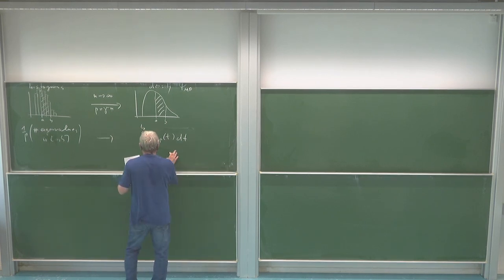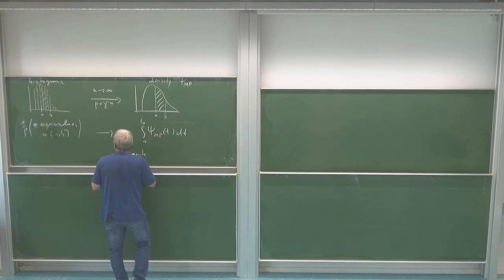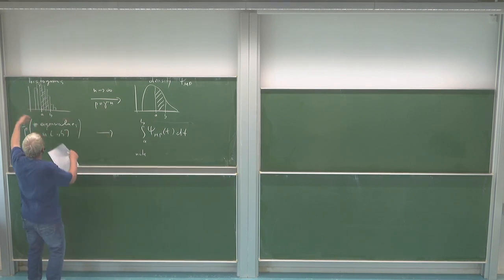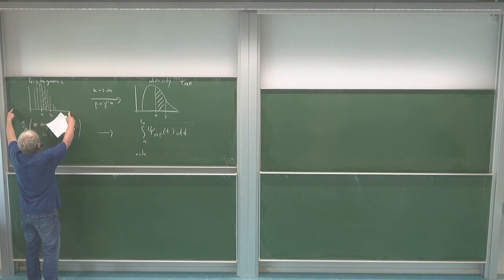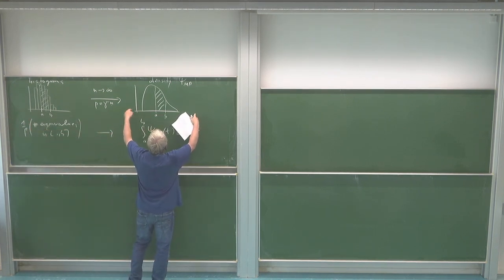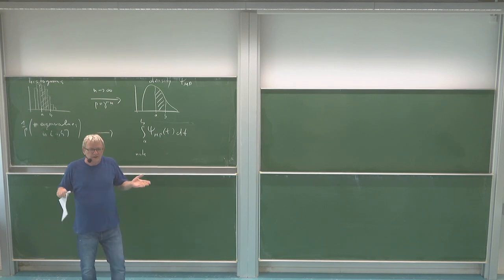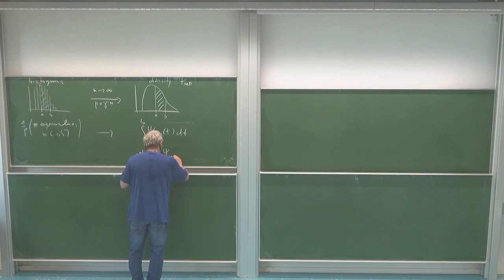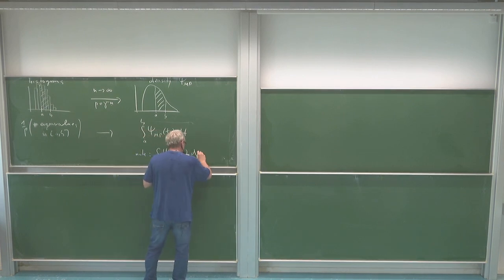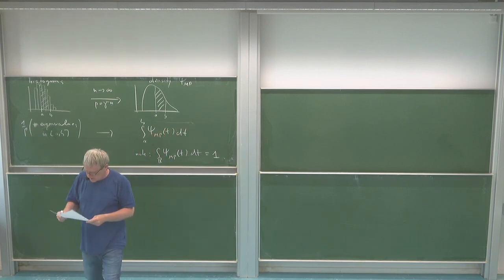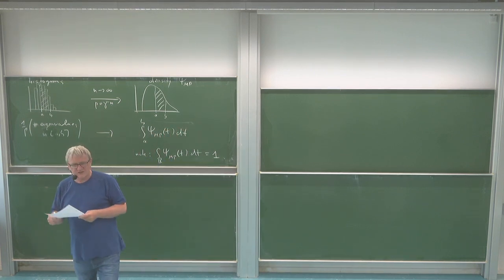So if I'm asking for all eigenvalues, so I take an interval where they are all sitting, then of course I should get the integral over the whole density, and this should be 1. Note, of course, that the integral over everything of my Marchenko-Pastur distribution is equal to 1, because I ask about the normalized